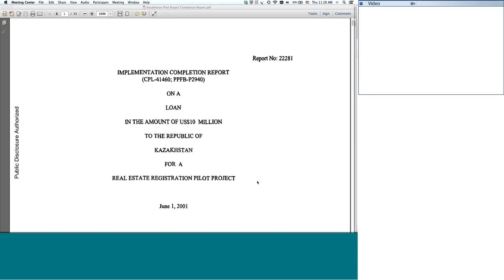And so they applied for this $10 million loan, and it was called a pilot project because with $10 million you can't do a lot. And they wanted it to be a decentralized system. And so with this loan, they started working on a couple of places where they wanted to implement this pilot project. And so I got involved at the beginning of 1997. I spent 3 months there, from about February, March, April, beginning of May, working in the Ministry of Justice, helping them get the legislation in place.